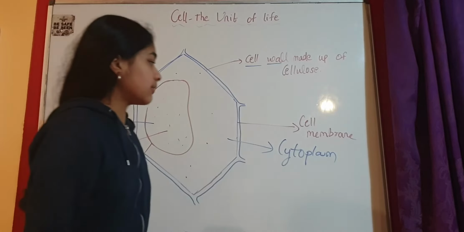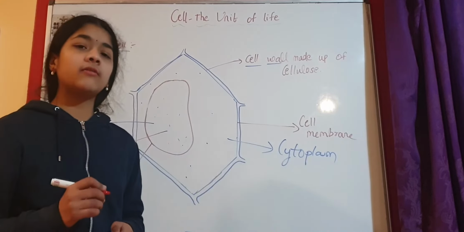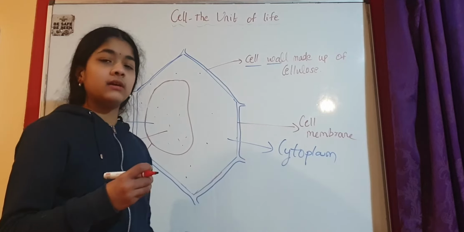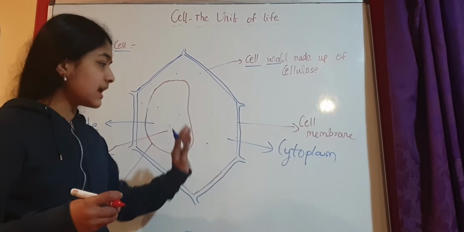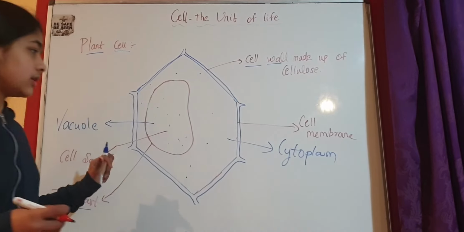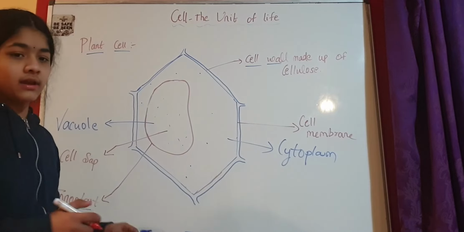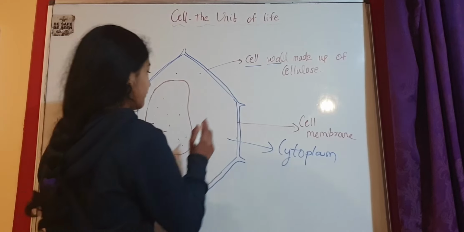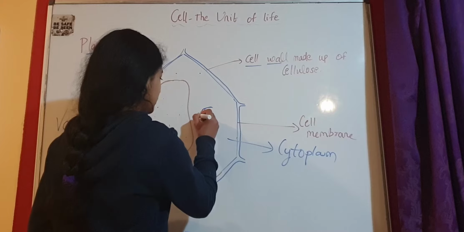So this is cytoplasm. It is the main area for chemical reactions to happen, for example glycolysis. Glycolysis is a respiratory chemical reaction. Many chemical reactions and processes happen in the cytoplasm. This is the main area for that. So we have looked at vacuoles, cytoplasm, cell membrane and cell wall. Next we are going to take a look at the nucleus, a very important organelle. It's like the brain of the cell. So this is our nucleus.